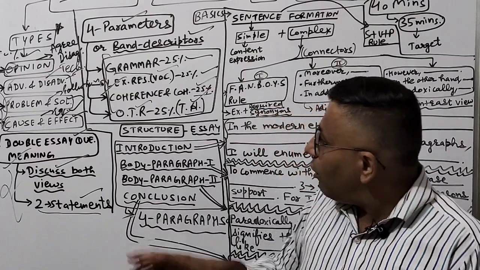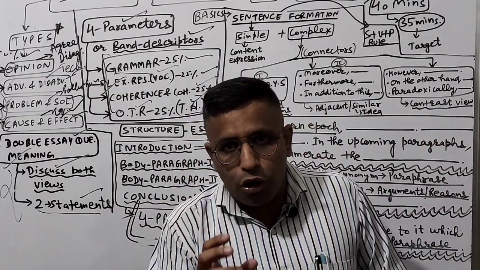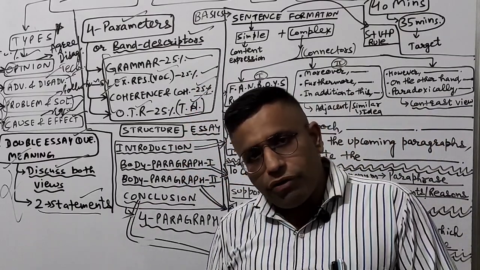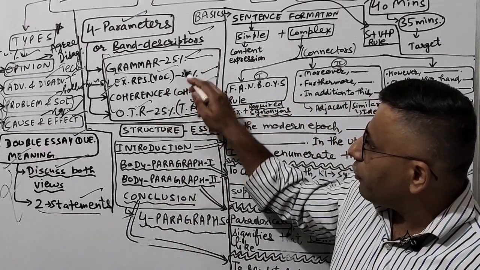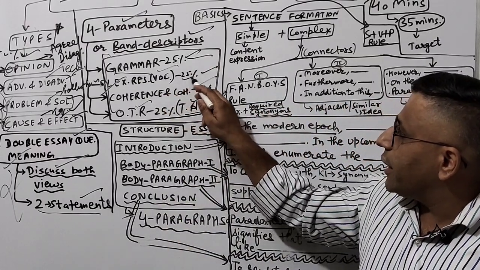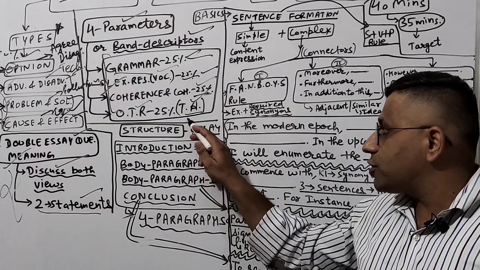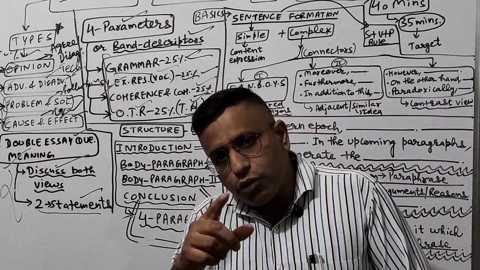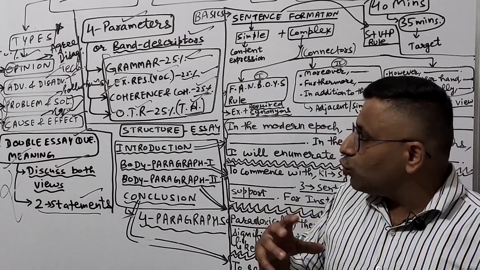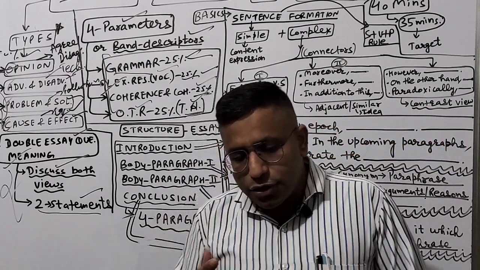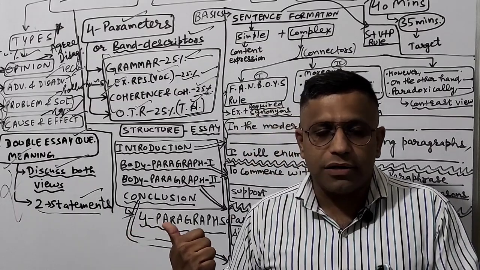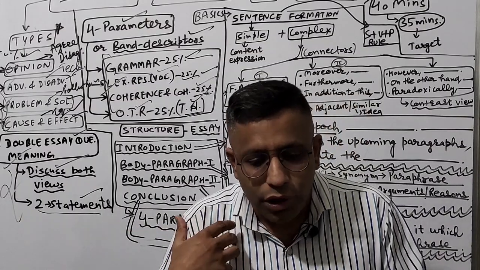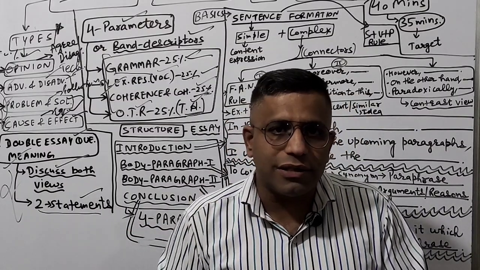of a student. Now I have given a ratio of 25% each. 25% each means overall it's 100%. So grammar 25%, vocabulary again 25%, coherence and cohesion 25%, and overall task response again 25%. So that means a student must try that at least 25% is the overall scenario of each band descriptor. Student must try to give his or her best shot to write down the things in the essay.